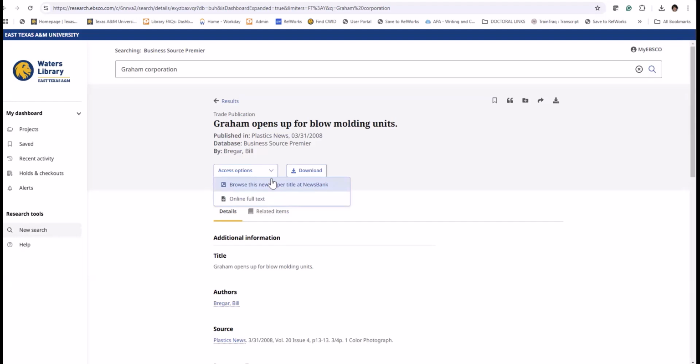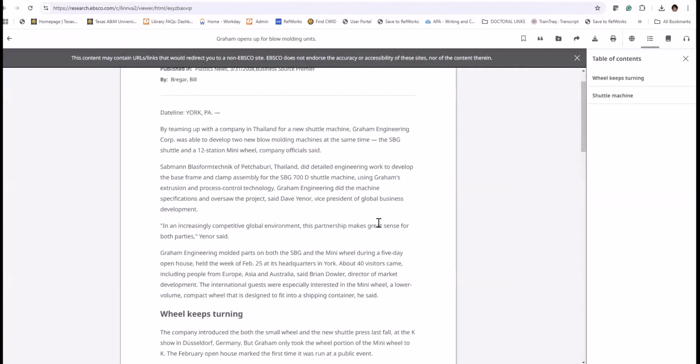Sometimes people are just looking for the bibliographic information of available resources, to know whether they are available or not. But if you want to access the full text, make sure that when you're filtering, you filter by full text. Now, let me see online full text. I want to see whether we have access or not. Yes, we do have access.